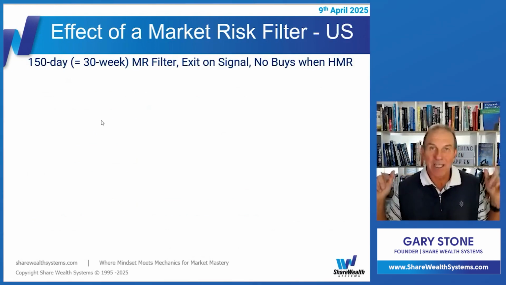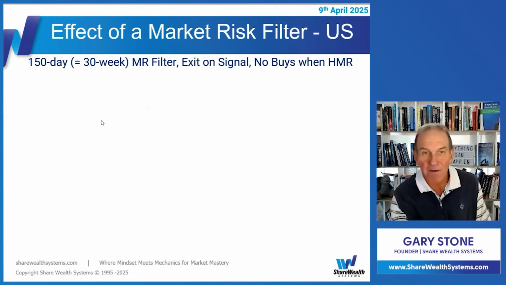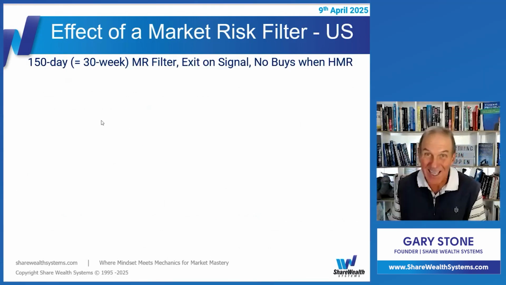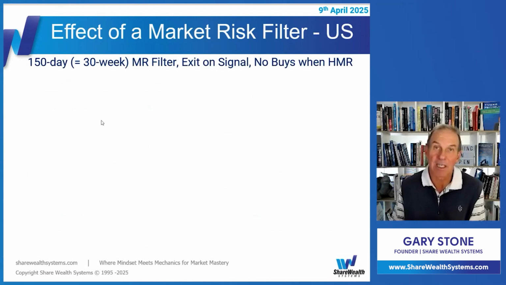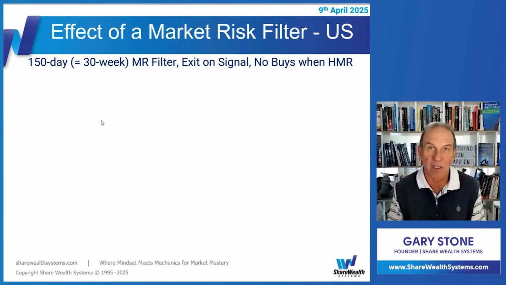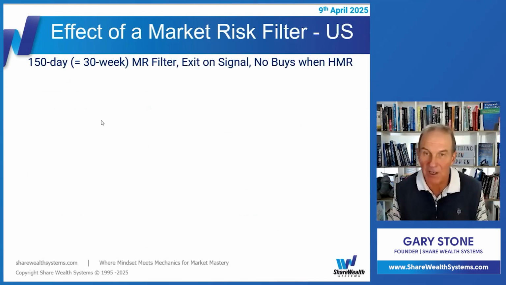So one is a representation, a proxy, if you like, of using a generic market risk filter, a 30-week or 150-day. And what we're doing here is we're exiting on the signal. So when we go into high market risk, you don't exit all your positions immediately, because what happens with exponential moving averages is that sometimes you get the price dotting and going above and below over a short period of time. So you wait for an exit signal rather than selling everything immediately and then buying. So with a moving average or this kind of filter, you don't want to exit immediately. So exit on signal is probably the only applicable one here.